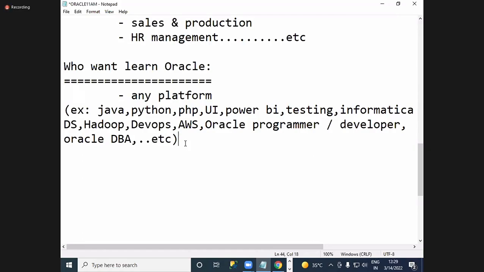Because when the technology was built, they already built some rules and conditions for that particular technology. So that's why don't compare one technology to another technology. If you compare .NET and Java, a lot of difference. Compare Python, a lot of difference. Compare database, a lot of difference. Yes or no? So that's what I'm telling.